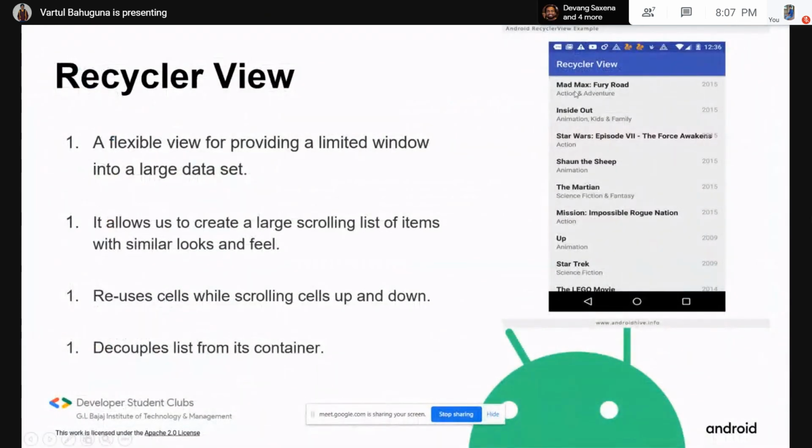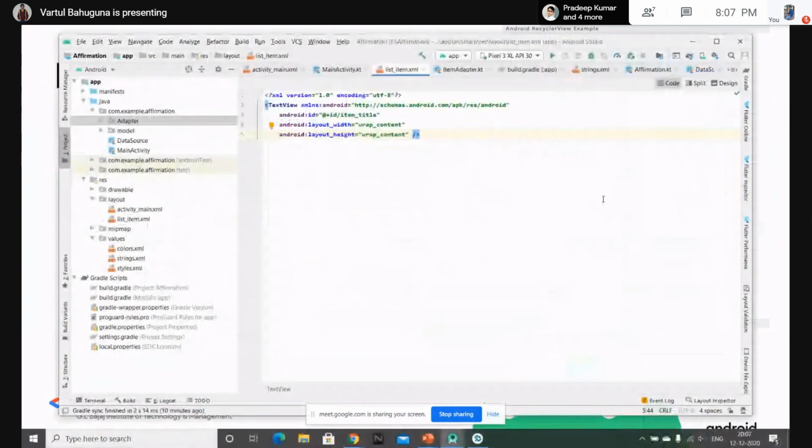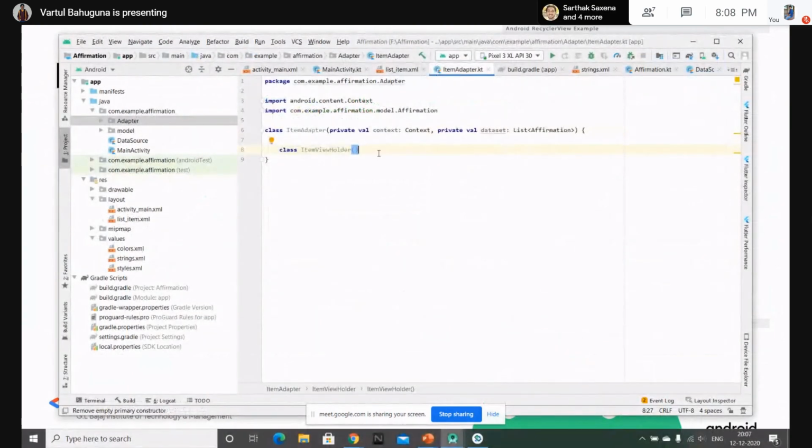So it will take this single layout, and it will take the data from the data source, and sorry, it will not put the data, it will take that layout and put that layout over the recycler view.